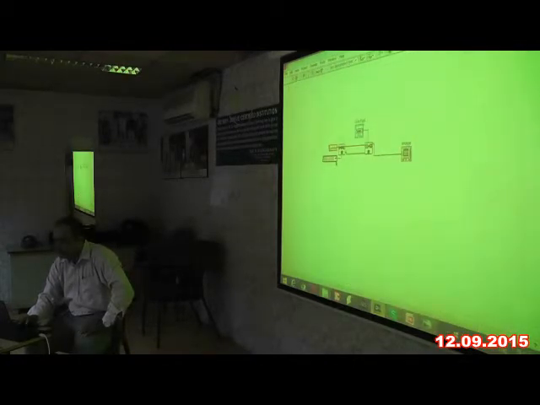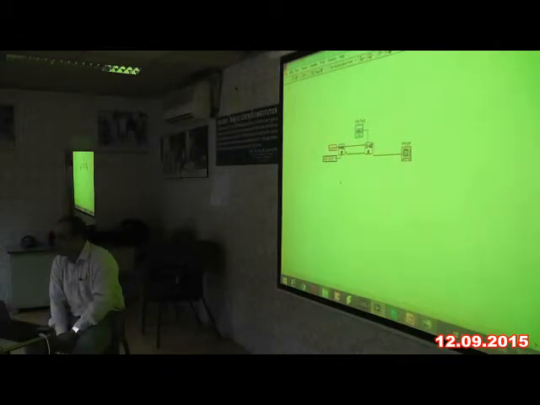If I change this, what does this U32 represent? It is given as RGB in brackets U32, or I can select RGB U8. What does it represent? The size of a pixel, right? Here it is going to be an 8-bit pixel value, and if it is a color image, it is going to be a 32-bit pixel value. So I need to see the pixel values of the image.